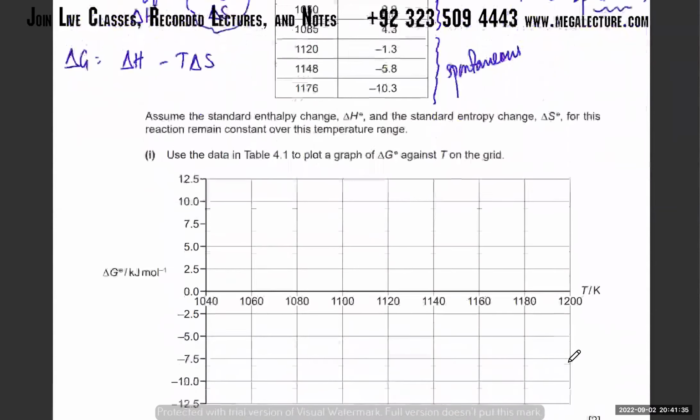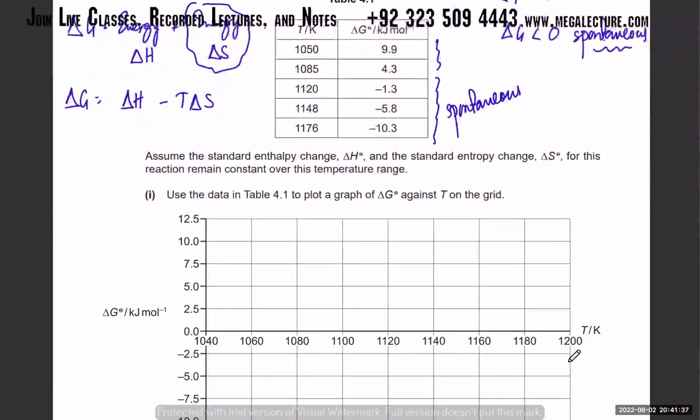So he's asking you, I think, to plot these values, right? So plot delta G against T. At 1050, it's 9.9. Where's 9.9? I think I can only sketch over here. At 1085, that's 4.3. At 1080,